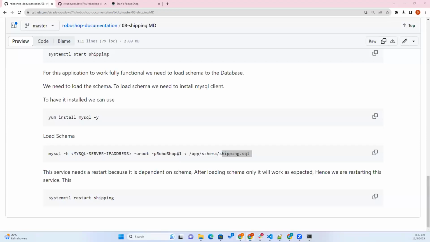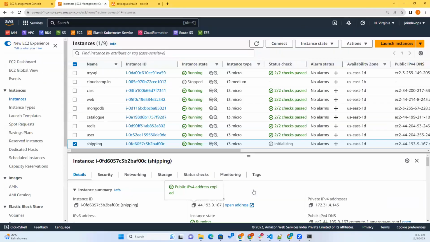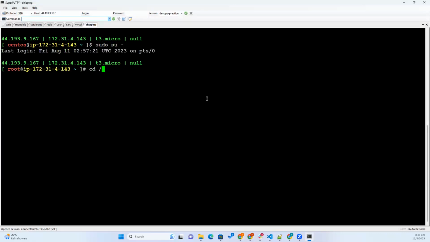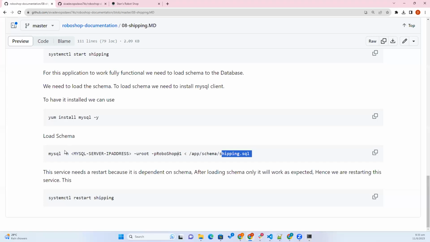167. Yeah, shipping. Sudo su, cd app. So here you need to load it